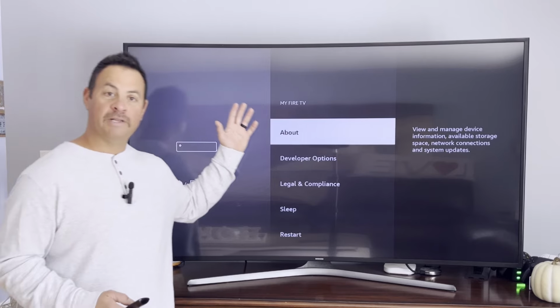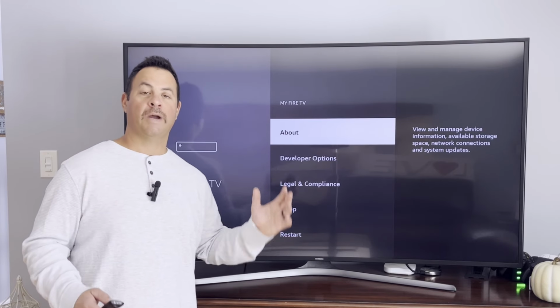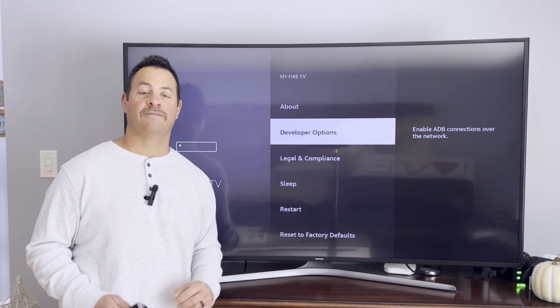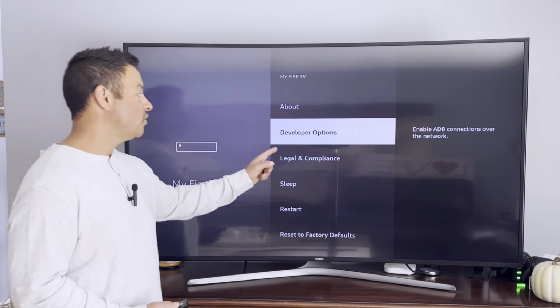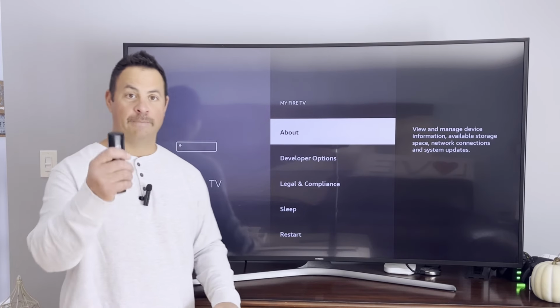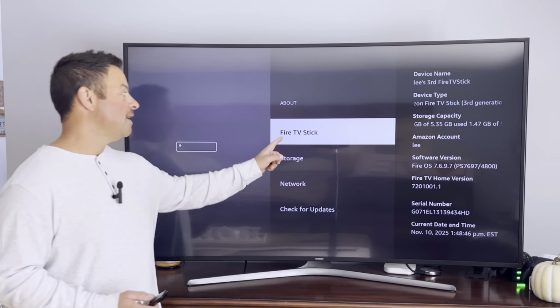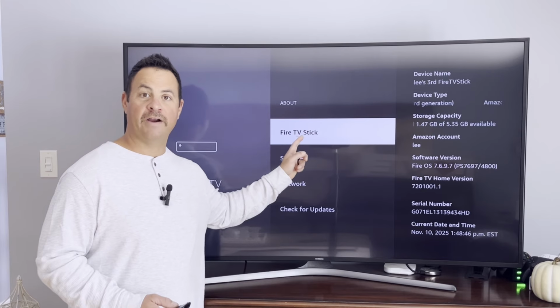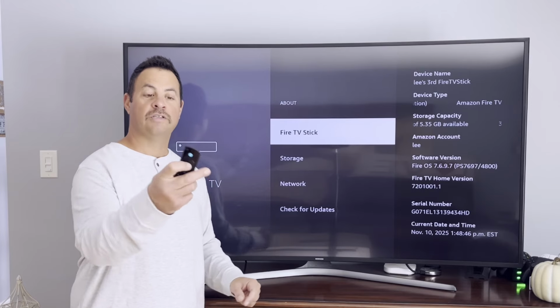Now here it brings up a little bit of a menu. Yours might look a little different. Most likely it doesn't have developer options listed. If it doesn't, no worries. We can turn it on for you. Highlight about, select on it, and then under my Fire TV stick, just use the remote,